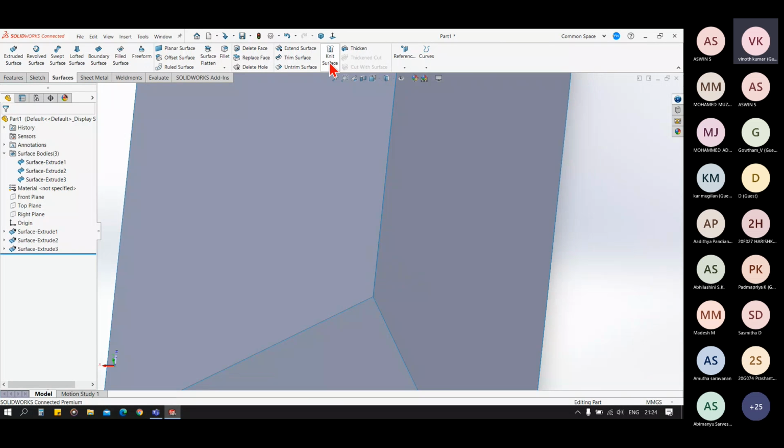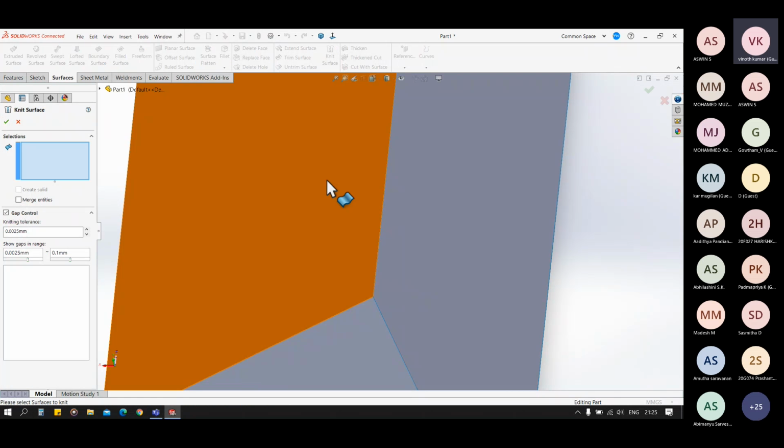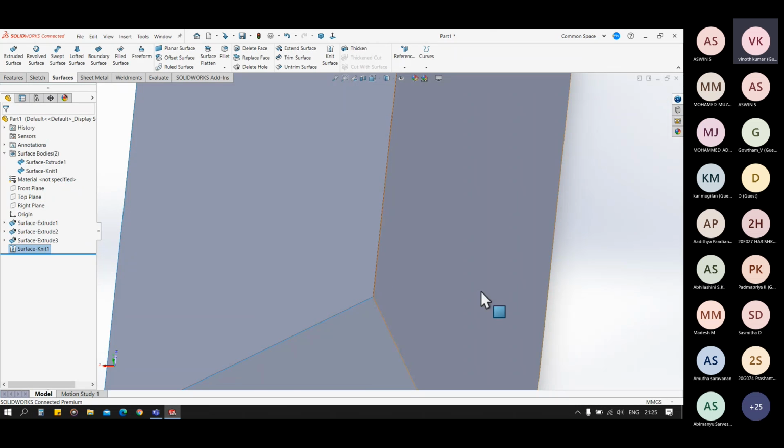Now the knitting surface tool gets the joining of all the surfaces done. So for the trial, let's knit these two faces and click on OK. You can see we have a black colored edge here, so that indicates we have only two surface bodies.